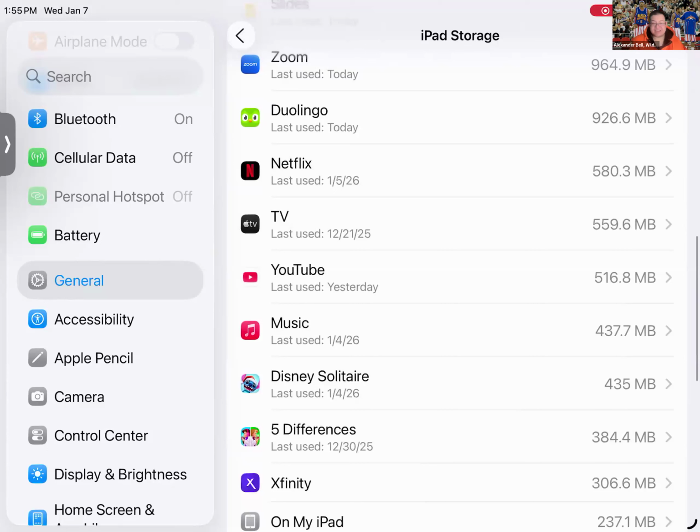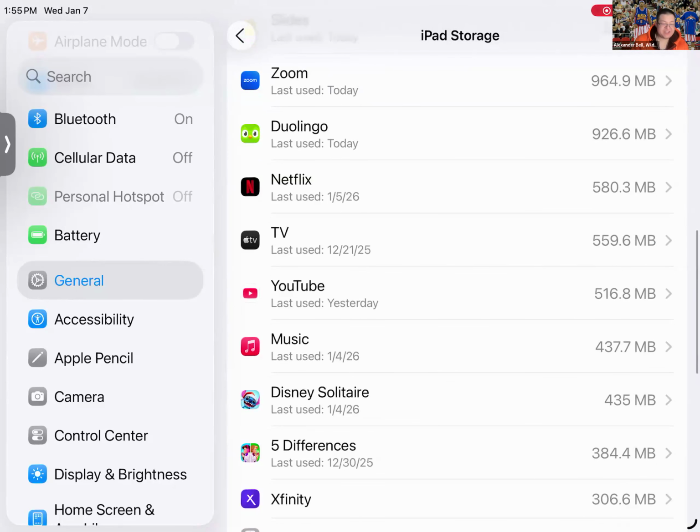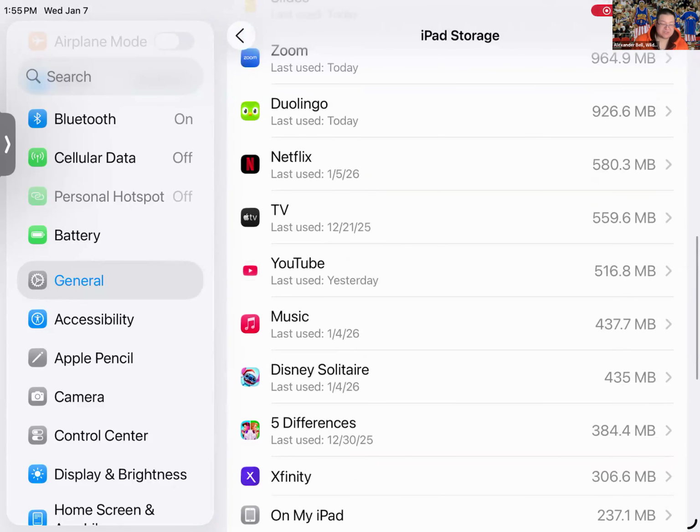But all the other apps and most apps on the iPad take less than a gigabyte of storage. Ones that take up more are typically high animation games, high quality, those things. Some games can be 5, 10, even 15 gigabytes of data. Those are the very, very huge ones. But some games and apps can take up quite a bit of storage. So it's really good to take a look at which ones you have. If you haven't used it in a while and you don't think you may use it, you can delete it